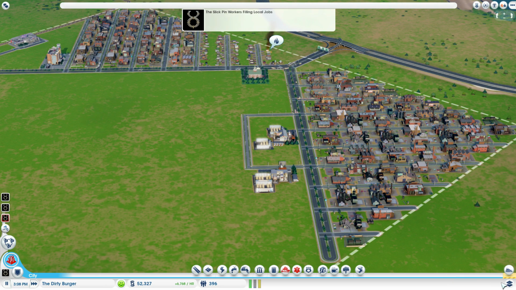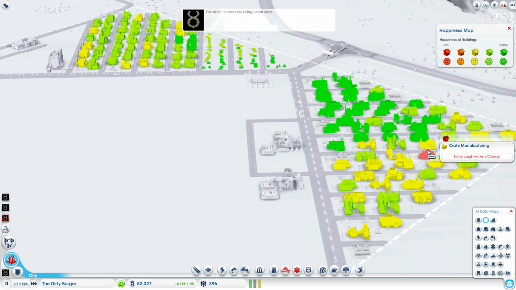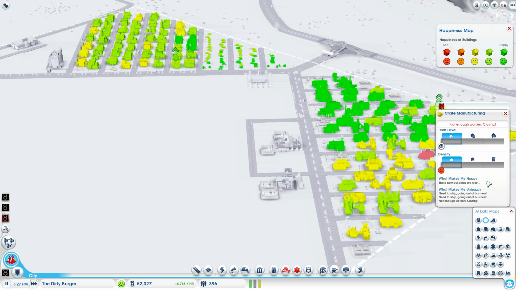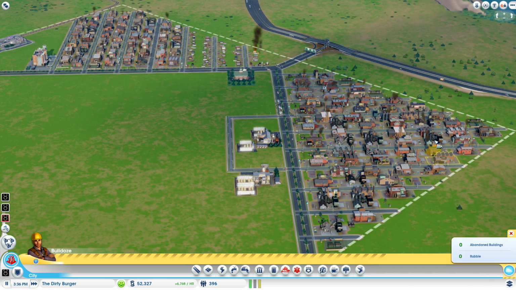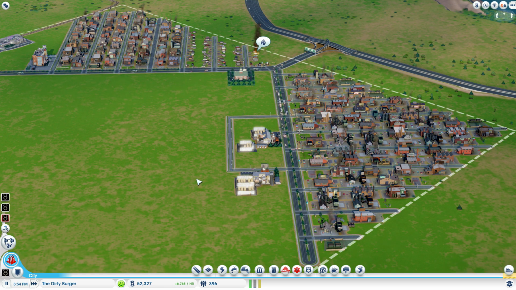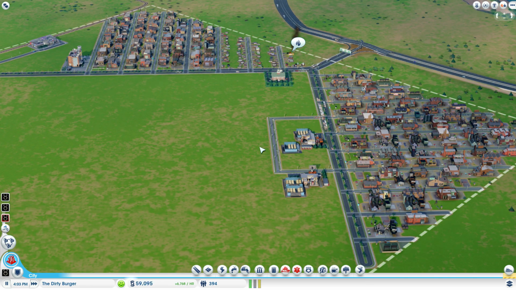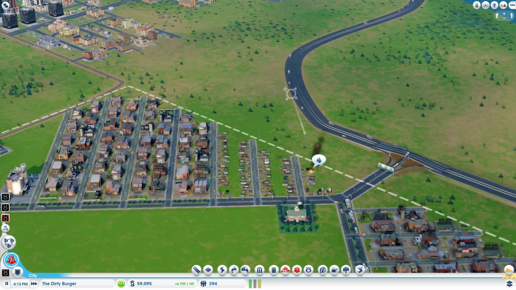Let's take a look at happiness here. Not enough workers. We need places to ship our freight. Not enough workers, we are closing. Frustrating, but I'm just going to let it run for a little bit. I do have fire patrol coverage, but